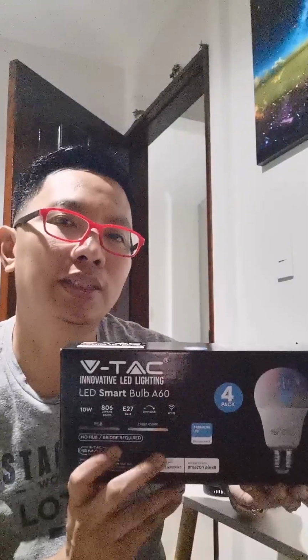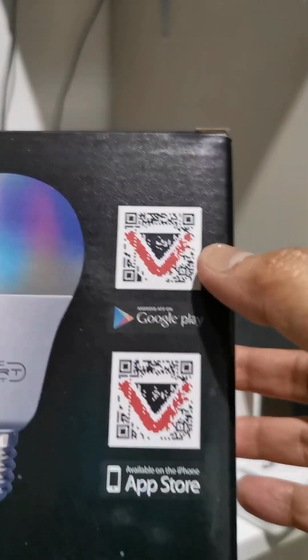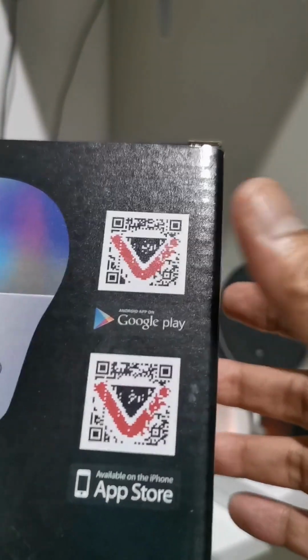I bought a smart bulb, LED smart bulb. I will connect this to my home network, and then it is also compatible with Google Assistant and Alexa. So I will try to set up the app on my cell phone first, then I will connect this to my Alexa, right? So I scan first the app for this smart bulb, this one,